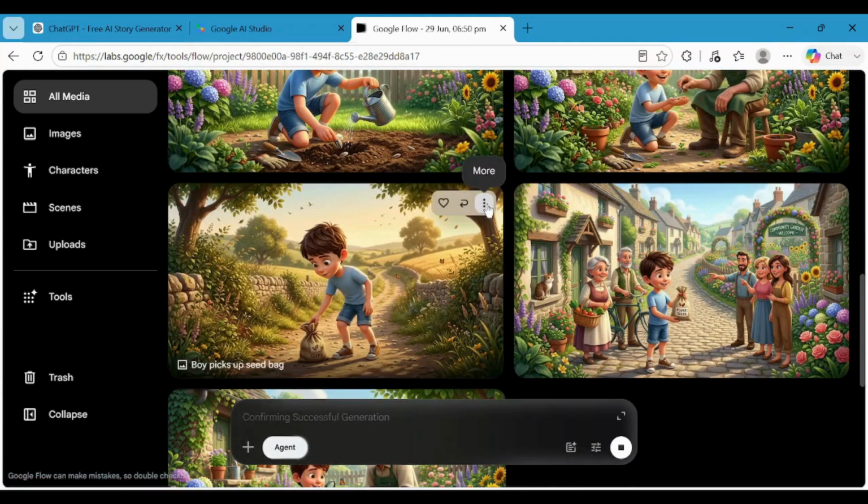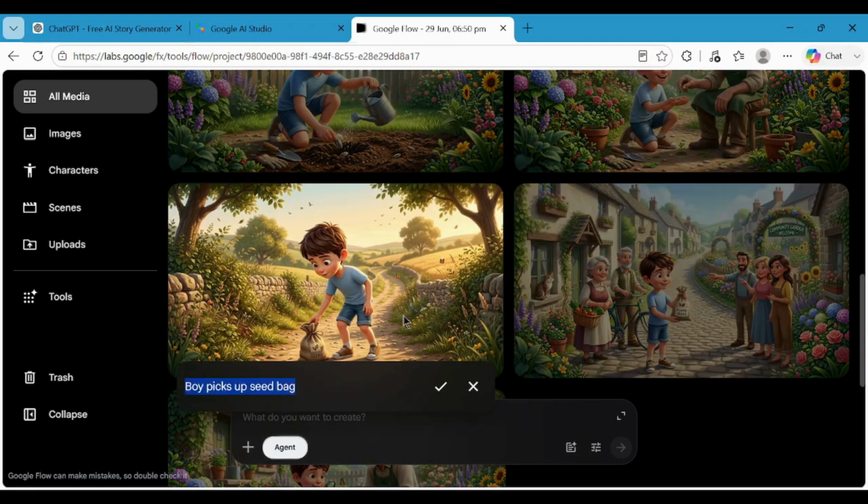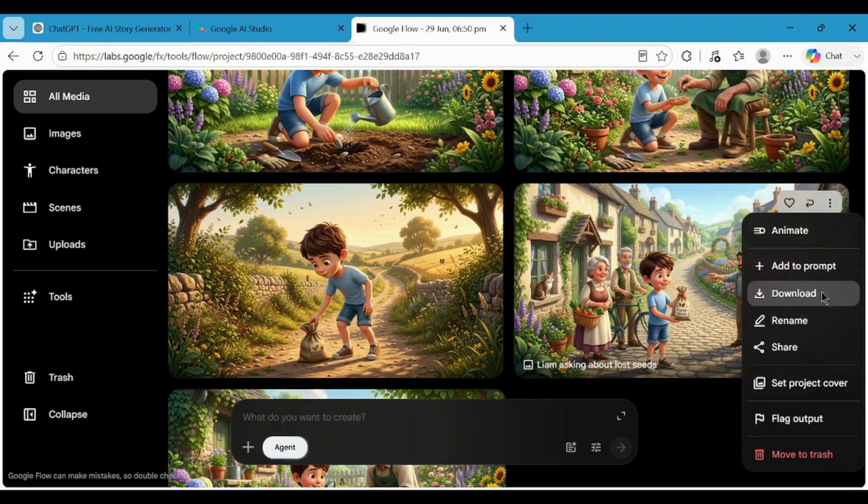Click on the three dots for the first image. From the menu, choose Rename. Rename the image according to its position in the story. For example, you can use names like Scene 01, Scene 02, Scene 03, and continue the sequence until every image